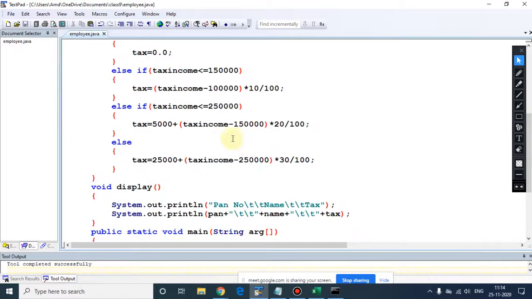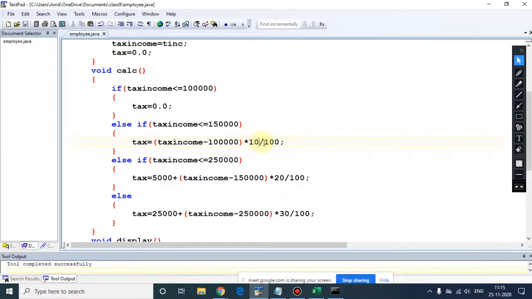Now one more thing, what we can do. See, we can do small changes here for getting the appropriate result. That we have already discussed in class 9th also. For getting the accurate result, we can do this also.